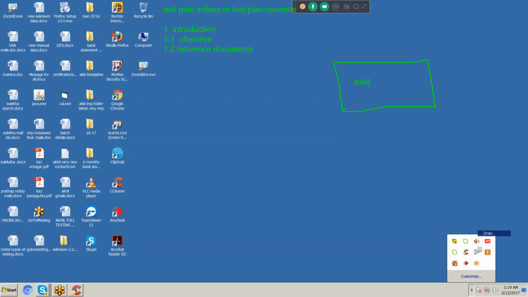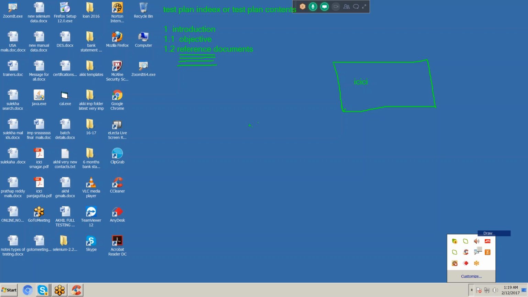If we want to complete this project, we need to follow some documents. What are the documents we should follow? He will list them out here in this section.